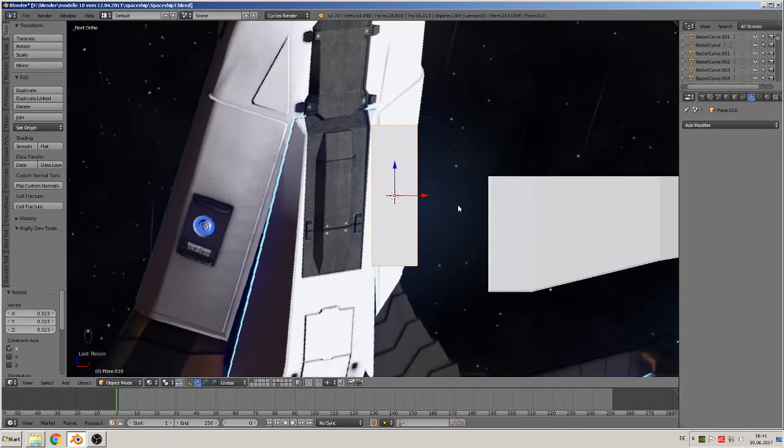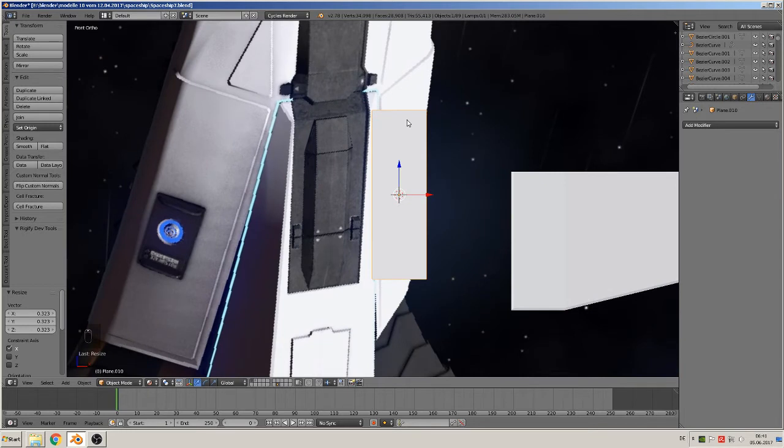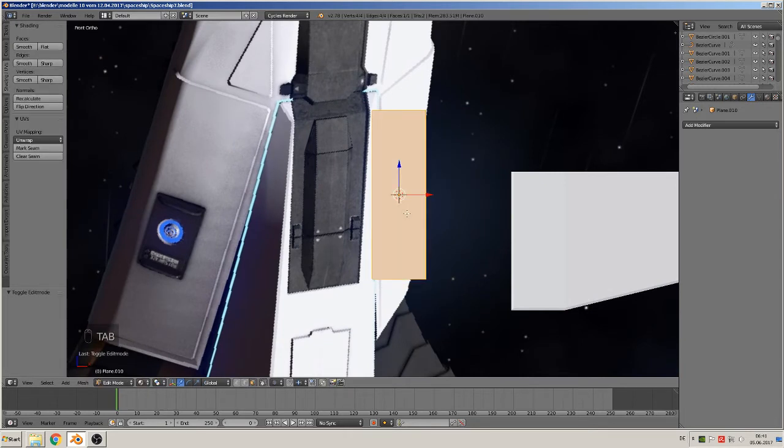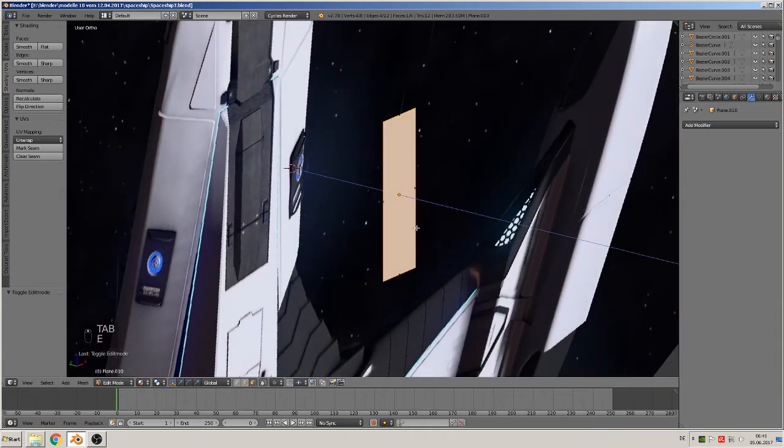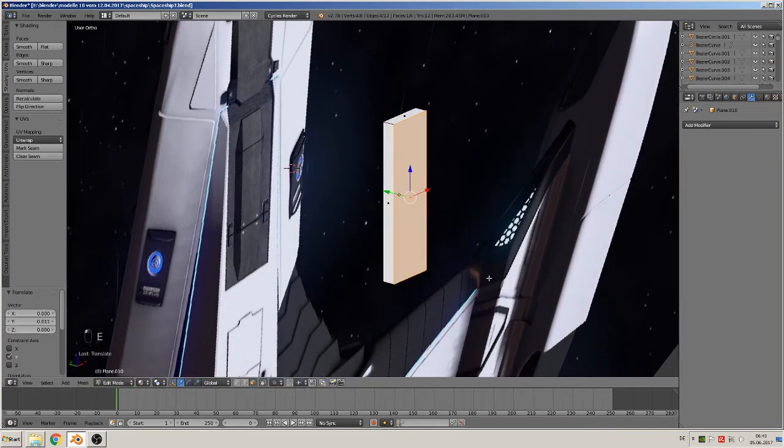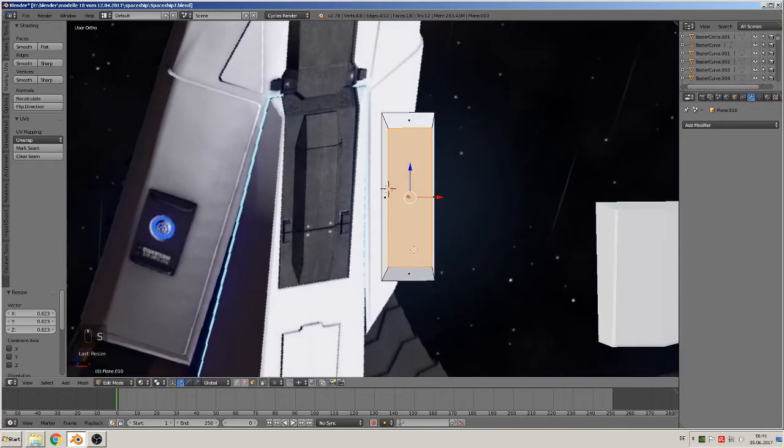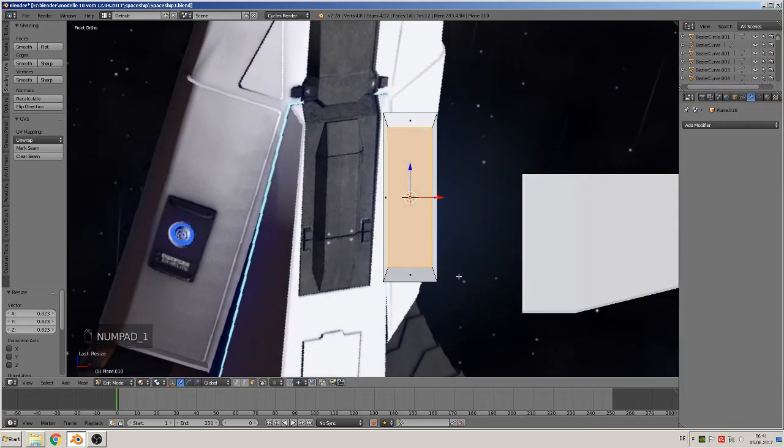We got that. Then we go and extrude that, scale them down, scale them more in the Z and more in the X. Then we take here these edges, and